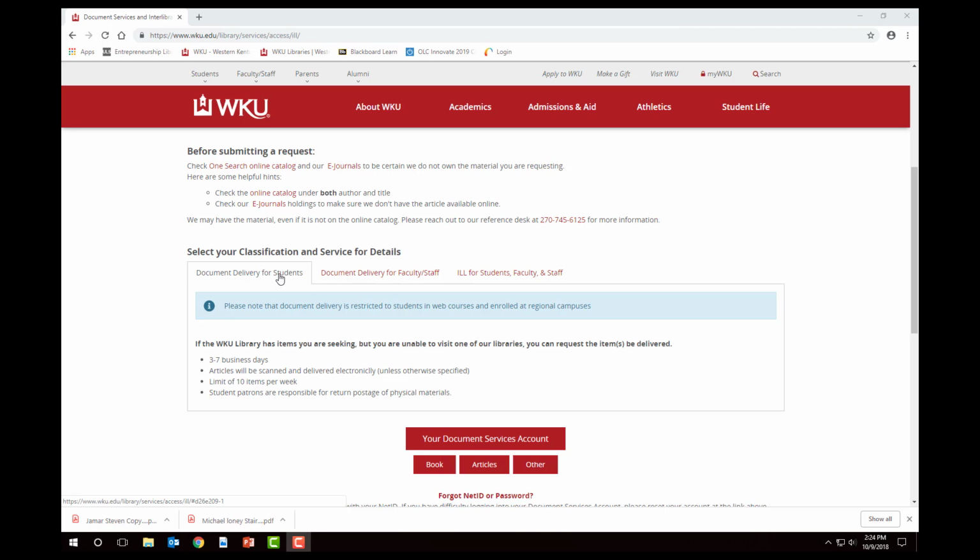Document delivery for students, which is you guys. This is if there's a book on our campus, and let's say it's in Bowling Green, or in Glasgow or Owensboro, but you're in Elizabethtown. Well, you can go through the document delivery service and request it. If we don't have it in our catalog or our database, then you can use the